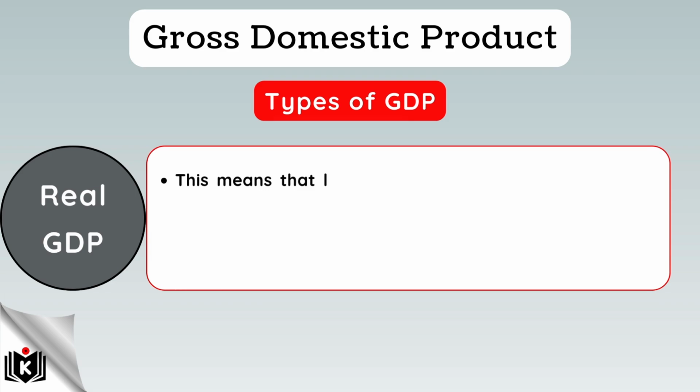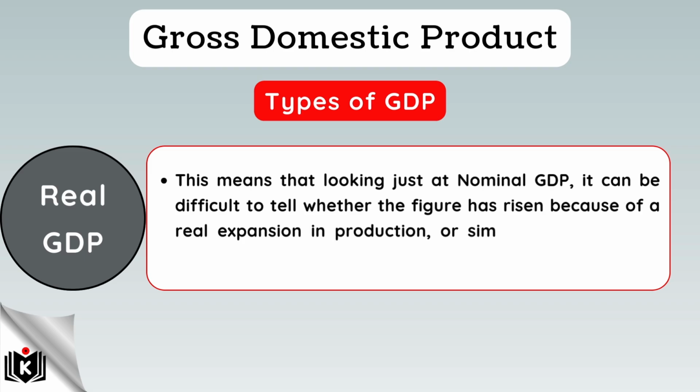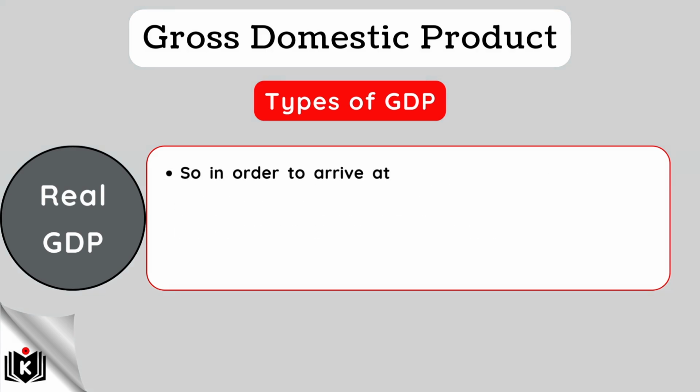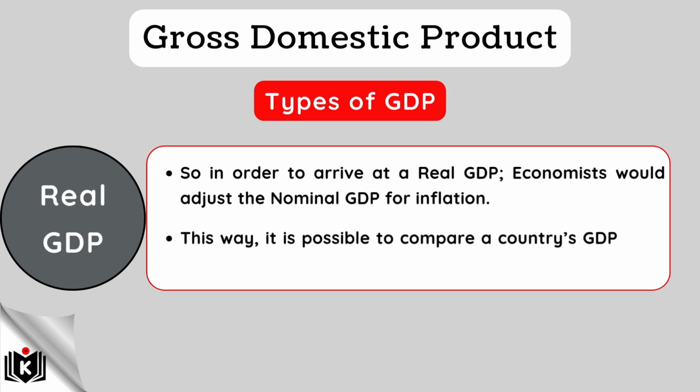This means that, looking just at nominal GDP, it can be difficult to tell whether the figure has risen because of a real expansion in production, or simply because prices rose. So, in order to arrive at a real GDP, economists would adjust the nominal GDP for inflation. This way, it is possible to compare a country's GDP from one year to another, and see if there is